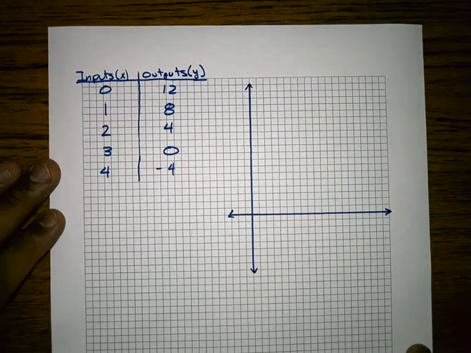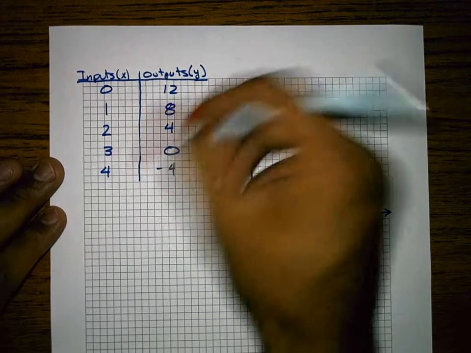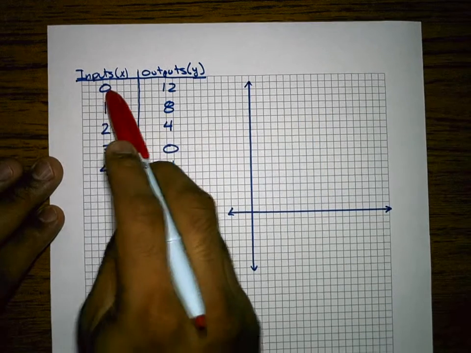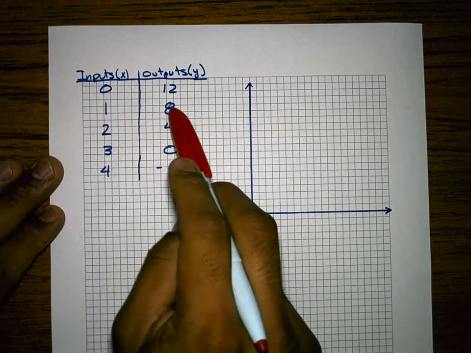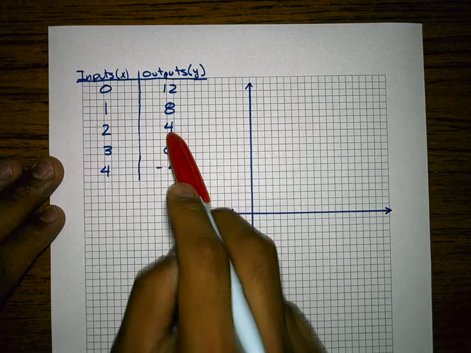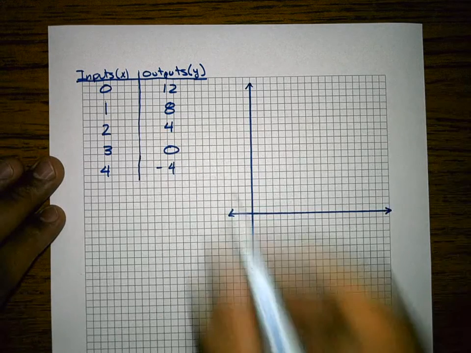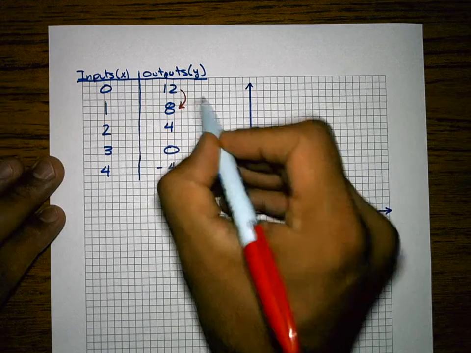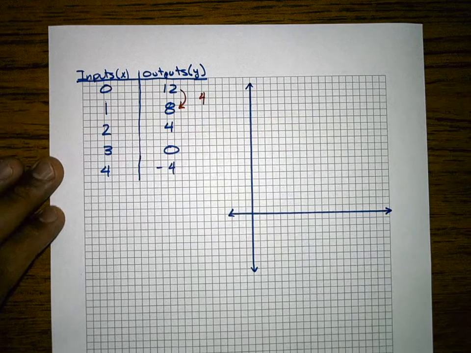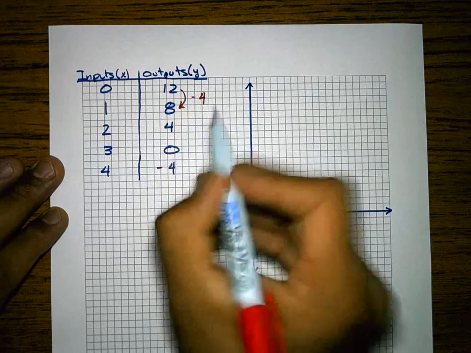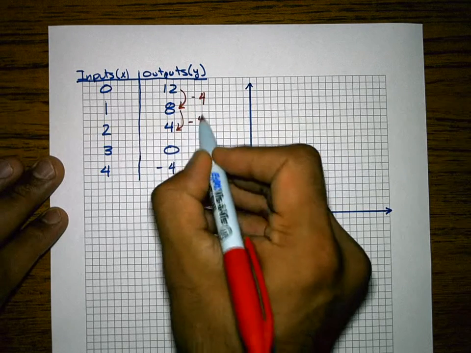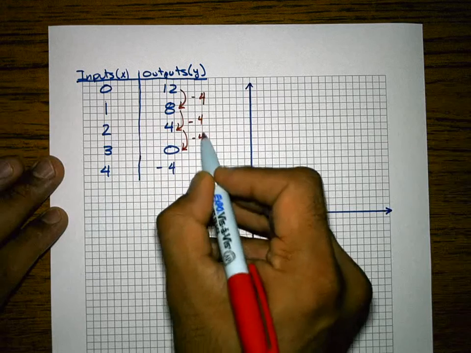So this time, I wrote the chart vertically, but it's the same idea. If I plug in a 0, I should get a 12. If I plug in a 1, I should get an 8. When I plug in a 2, I should get a 4. Well, what you hopefully realize here is this changes 4. However, it changes negative 4, because this is decreasing. So the change is